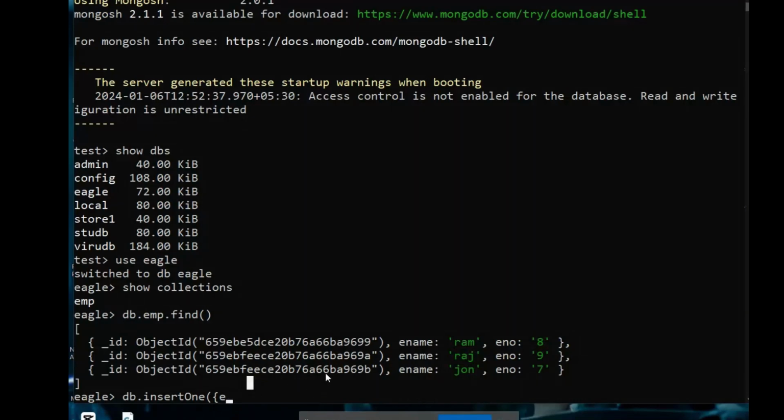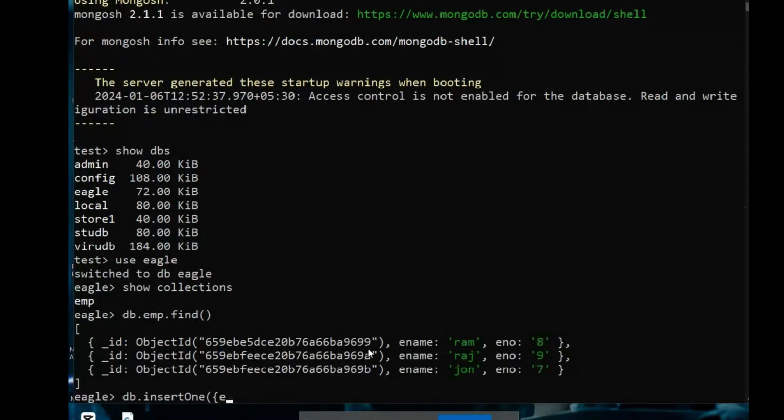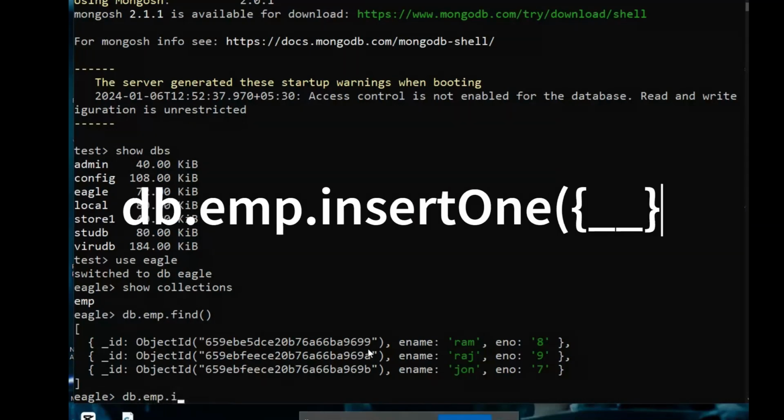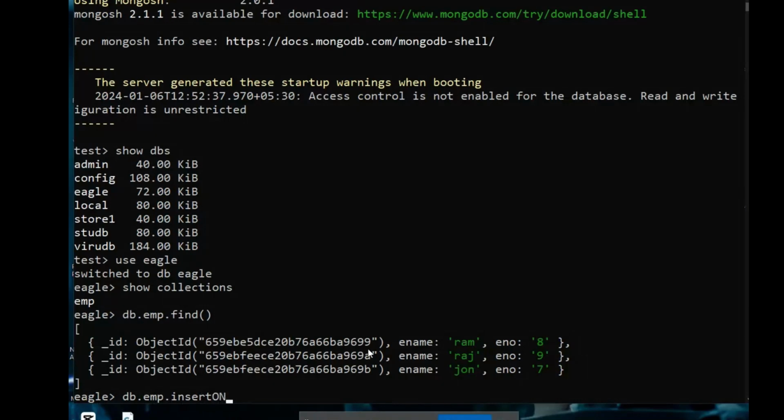So now we have to use the command insert one, which is used to insert only one document. This command is called the insert one command. In the insert one operation, write the command db, then our collection name, that is employee, then write insert one